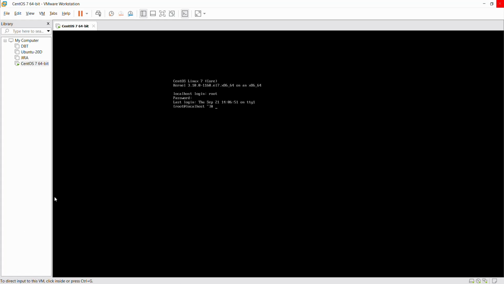What would happen if network manager is enabled is it constantly tries to fetch an IP dynamically. There are a few things that it wants to change to your network adapter.